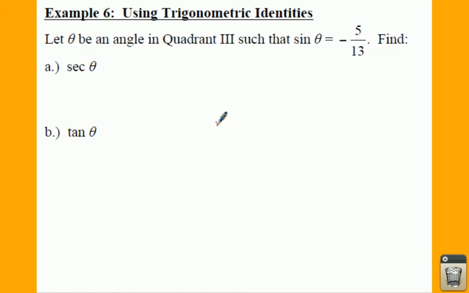Alright, the last example we have here for lesson 4.4, we are going to use some identities and we're going to find our cosine theta, secant theta and tangent of theta, in quadrant 3. So the nice thing is it does tell us that we are in quadrant 3. And since we're going to be in quadrant 3, we're going to be able to draw a nice pretty little triangle